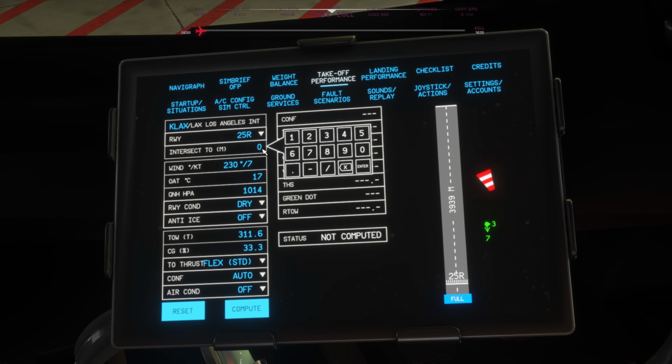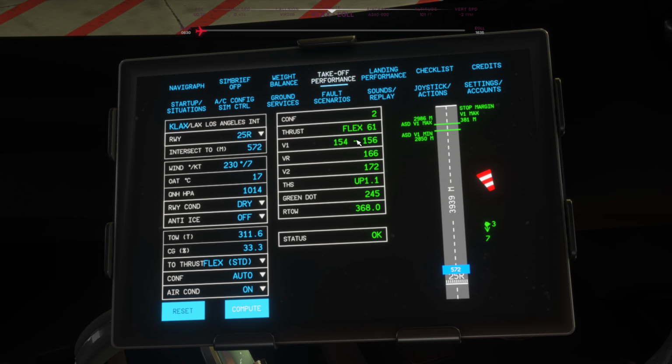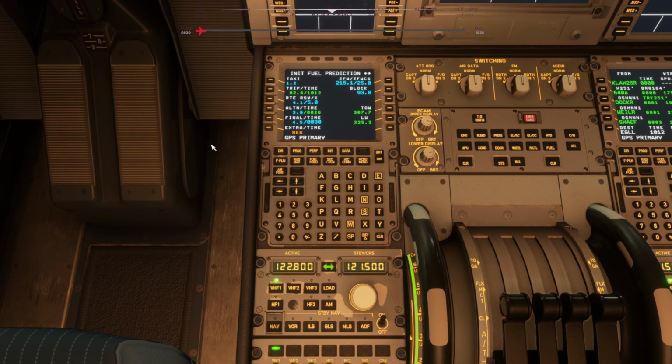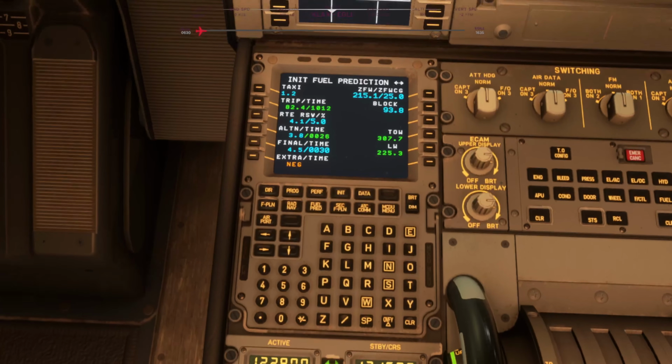572 meters shortening. Dry off air conditioning. Let's take that on this time. Let's compute. Alright, again, I'm just going to go full there. I quite like this. Before we continue, just going to verify that my init has the same performance numbers as